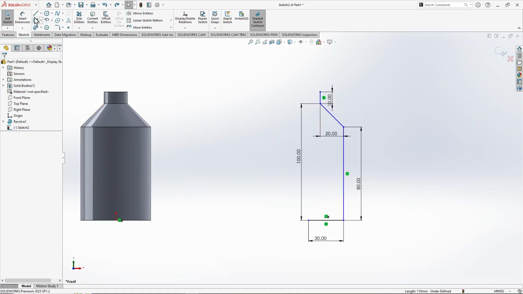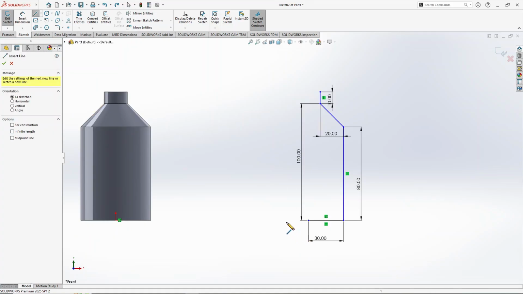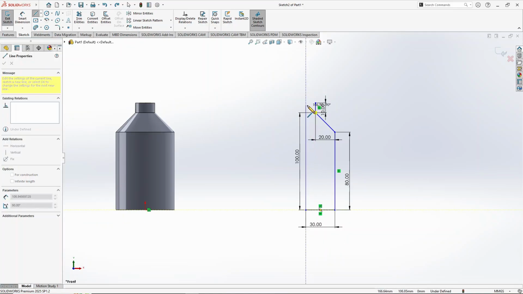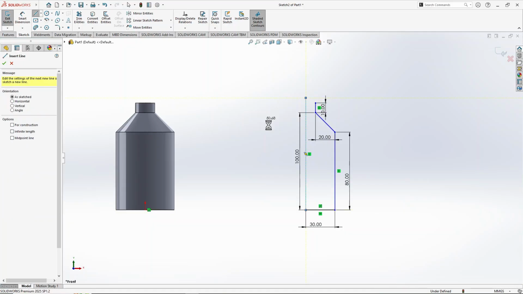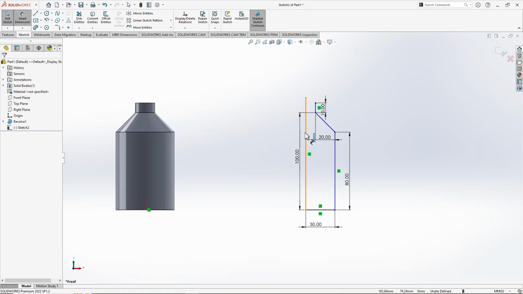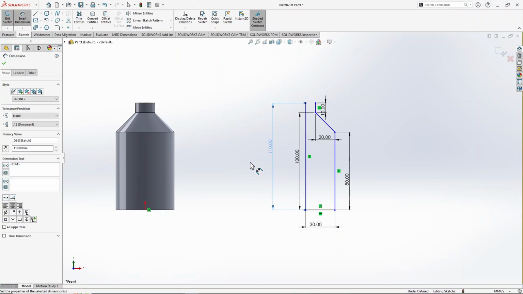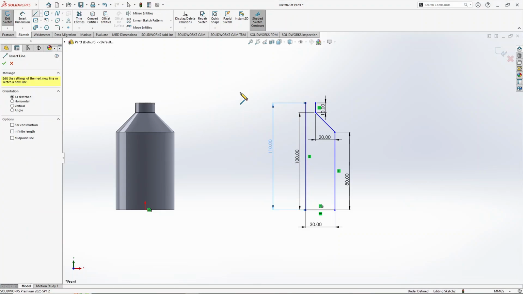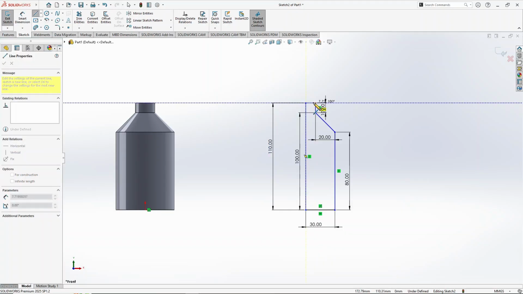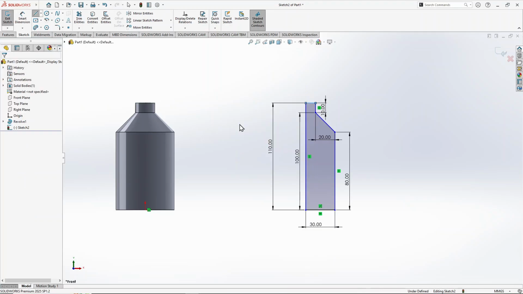Now click on line, select this point. Okay, give it a dimension of 110 mm. Again select the line, click to draw this line, select. Okay,